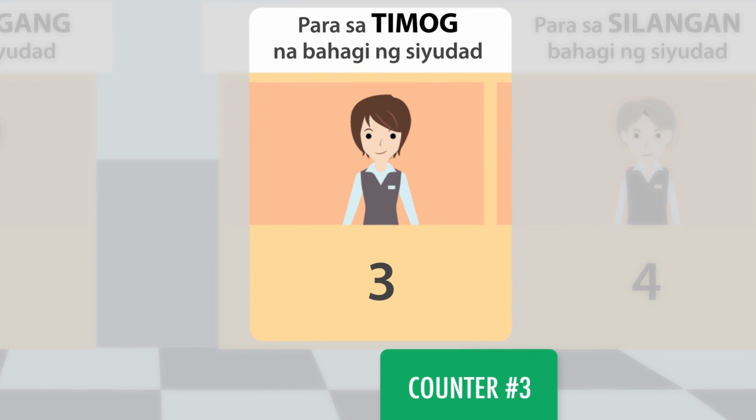The third counter is the counter for bus tickets that go to the south side of the city. Para sa timog na bahagi ng syudad,